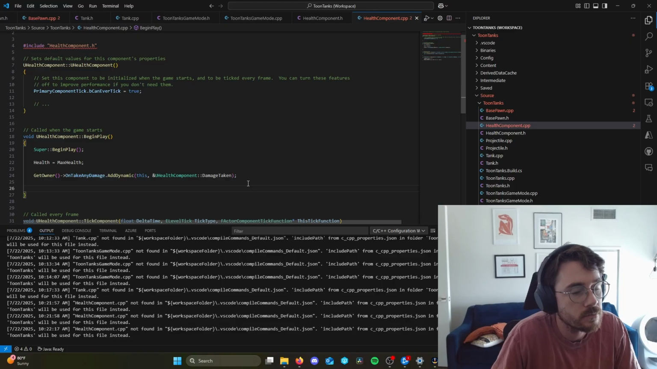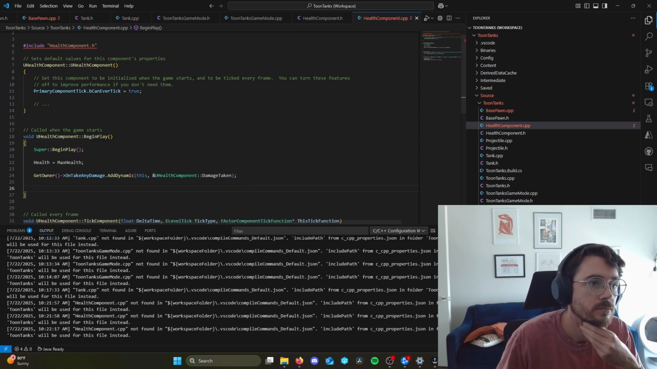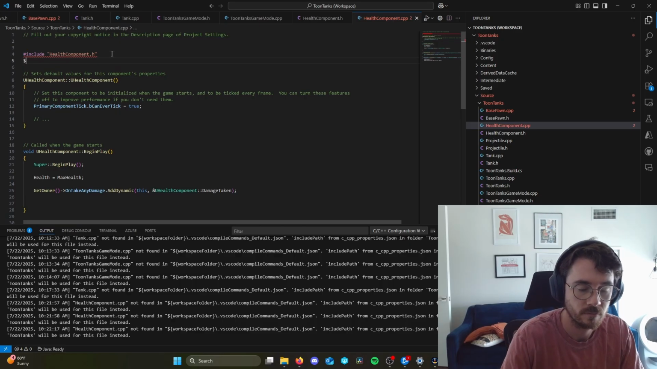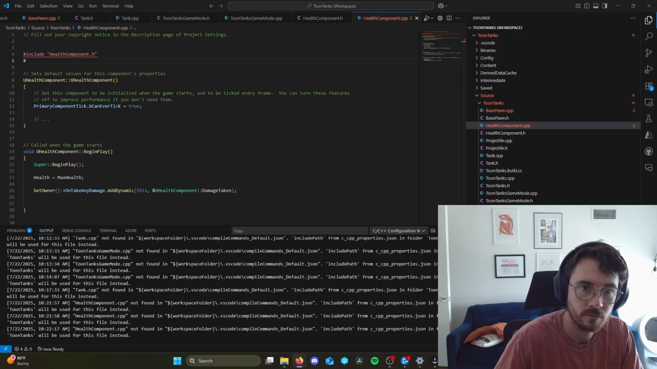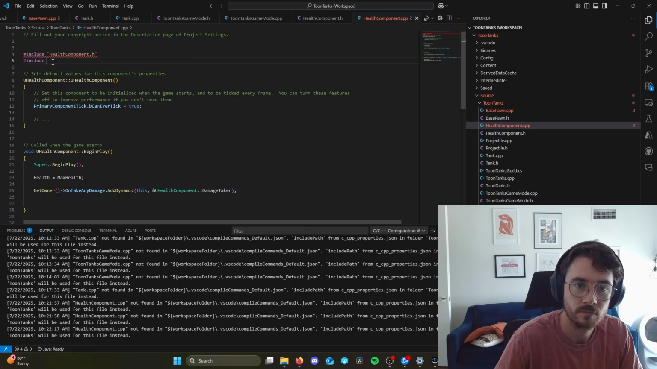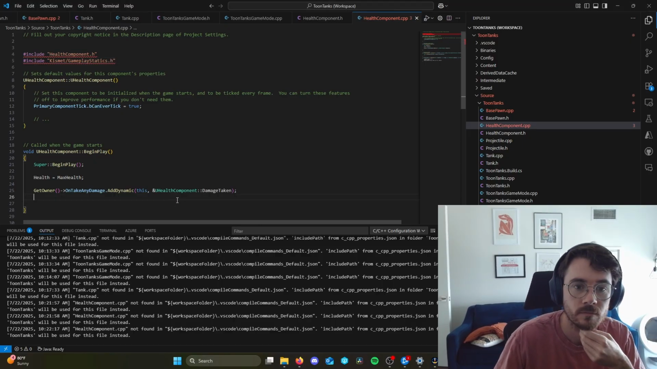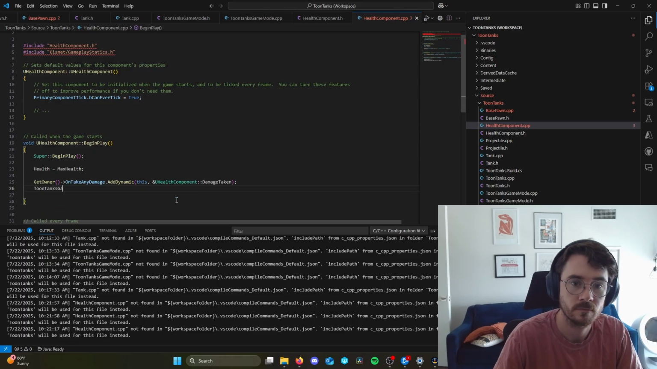So let's scroll down and we'll see that GetGameMode takes a world context object. This is just an object in the world, and we've seen how to handle world context objects. So this exists in GameplayStatics.h, so let's get that include. And here in HealthComponent.cpp, we'll paste our include for GameplayStatics, and then we'll call GetGameMode here in BeginPlay. So we're going to say ToonTanksGameMode and set that to the value of GameplayStatics GetGameMode, and for the world context object I'm going to pass in this,